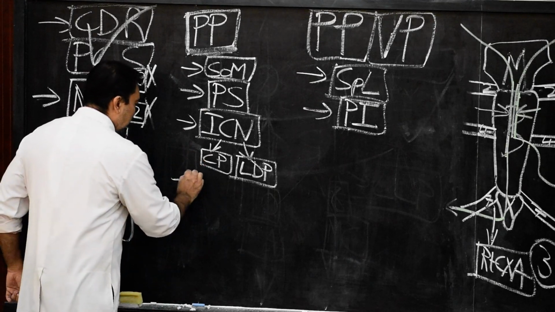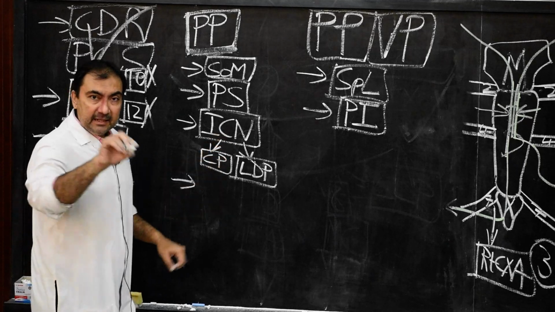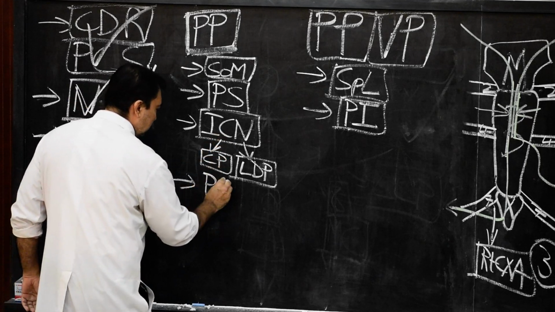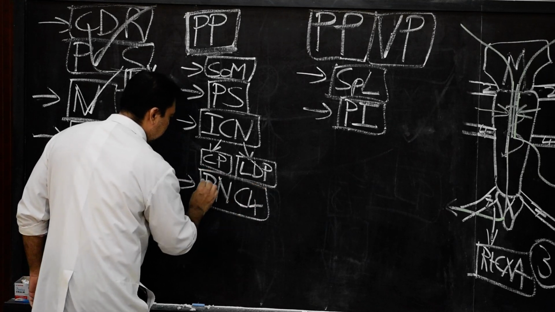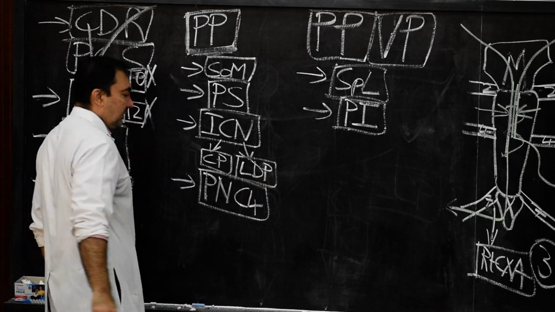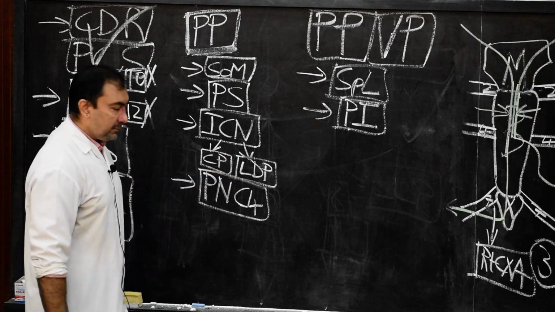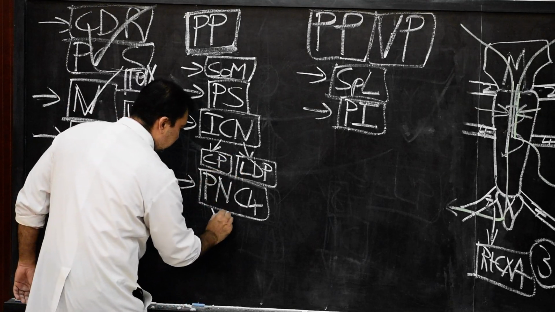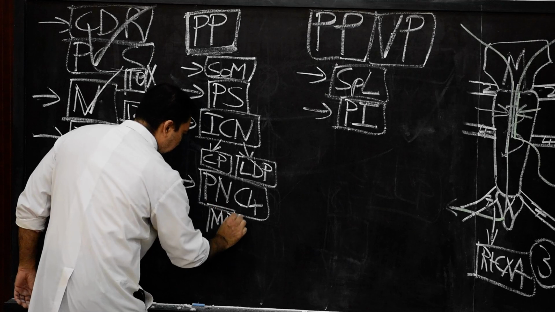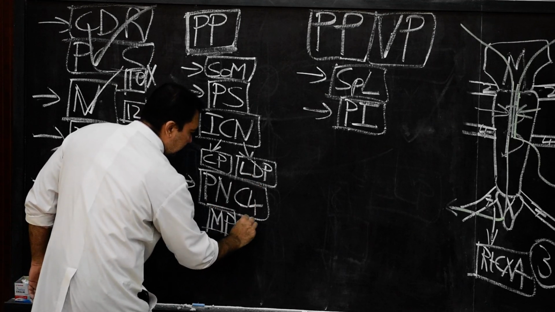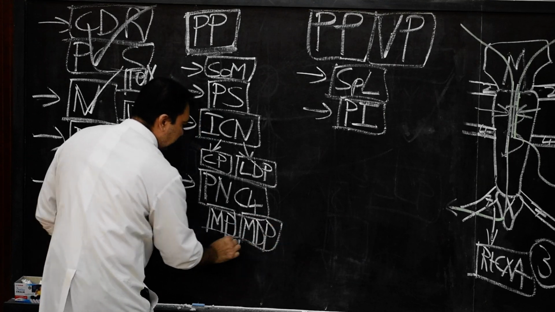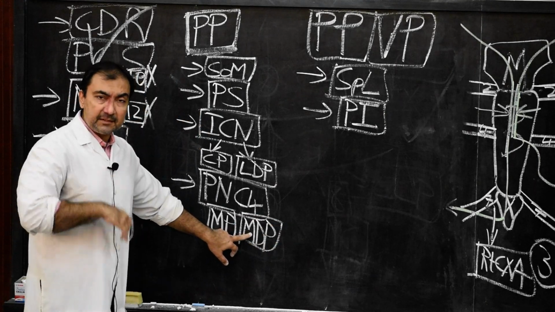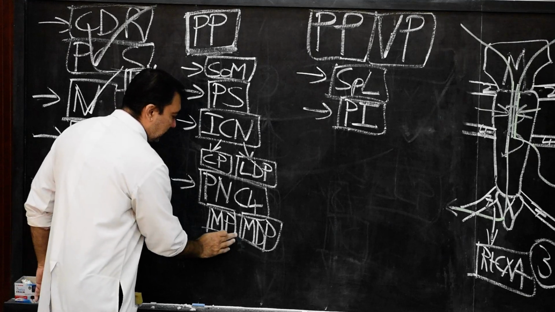Same way, over here, phrenic nerve. Now this phrenic nerve is represented by C4. So the phrenic nerve, root value C4, is going to supply which portion of parietal pleura? It is going to supply mediastinal pleura and also the medial part or central part of diaphragmatic pleura. So either it is called the medial part or central part of diaphragmatic pleura.